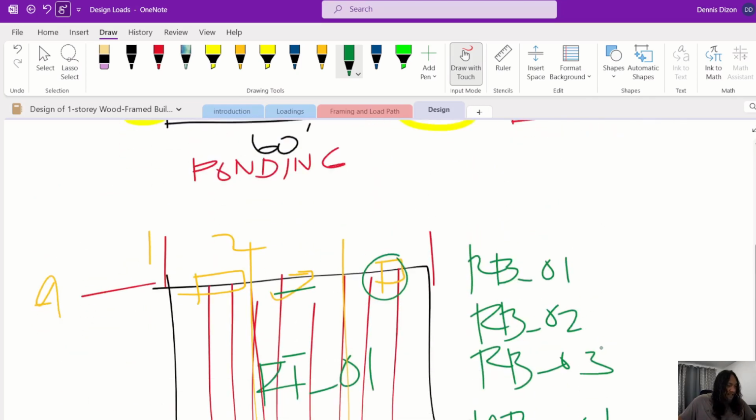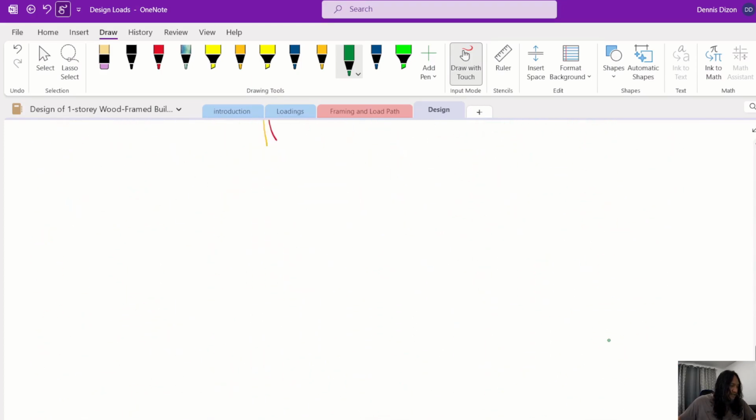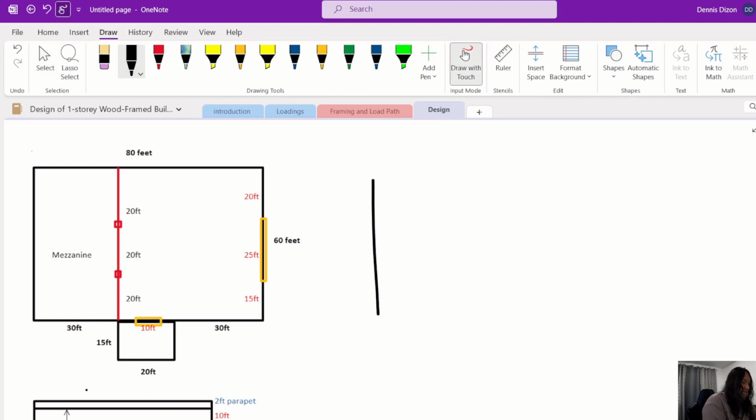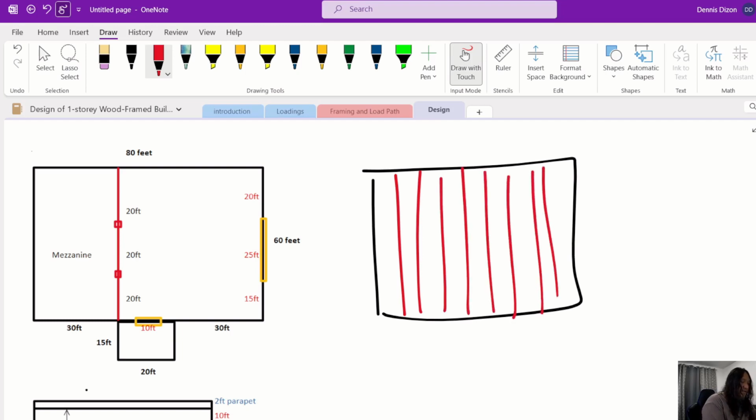So let's design the truss. So our truss, remember our truss spans, let me add another page. So this is our floor plan, and then the roof, of course, at the top. So our truss spans in this direction, right? So we will have that one, and then at the very end we will have